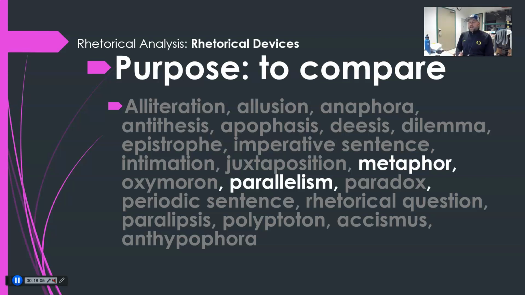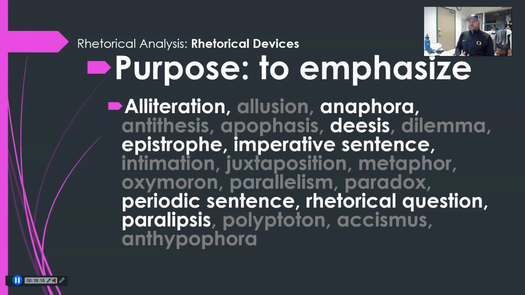So if you notice in the essay that you're reading that they're making comparisons, you might point out that metaphors are used frequently, or parallelism is used. That helps to compare something. To emphasize, you're going to see this a lot, right? Because if you're talking about how there are needs between the audience and the speaker, then they might have different emphasis going on. So whenever a writer uses alliteration or anaphora, asyndeton, epistrophe, imperative sentence, periodic sentence, rhetorical question, or paralipsis, that might emphasize something,